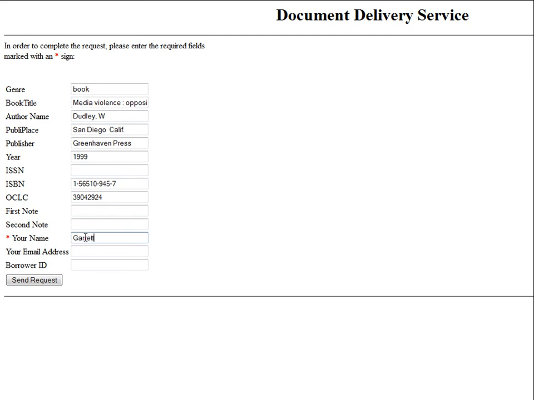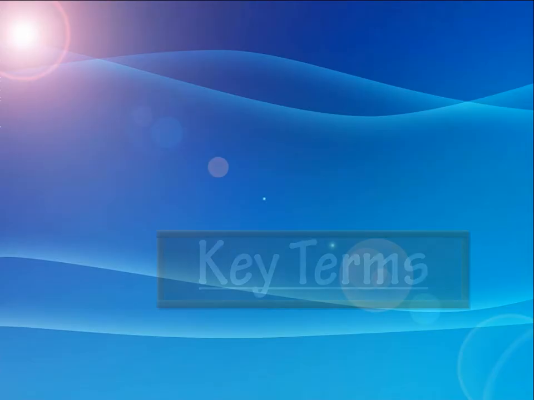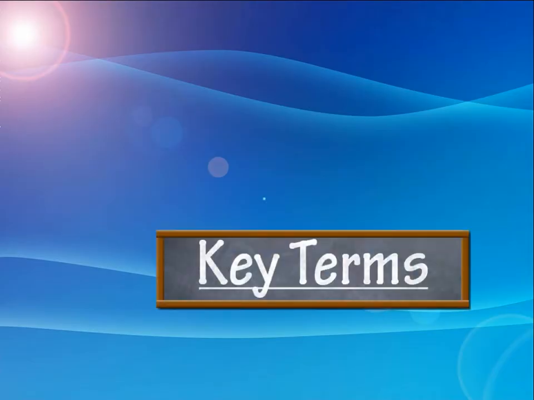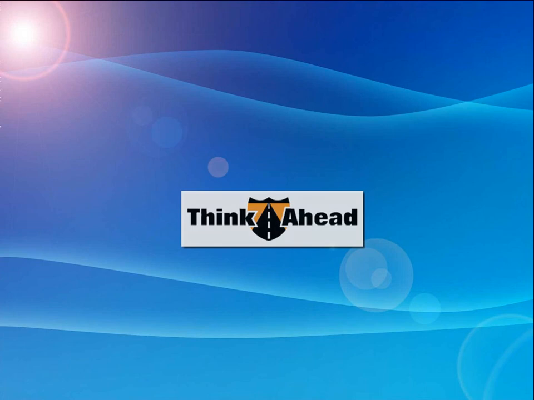A few points of summary. Think key terms, not phrases or sentences. Your search should be narrowed down to 2 or at the very most 3 key items. If you cannot simplify it to this, you need to rethink your research proposal, your research question, or your thesis. Is it too narrow or too specific? Secondly, think of where books fall in the research triangle. Books tend to be pretty broad, and there are some exceptions. Therefore, when doing a search for books, you need to think broad, not specific or particular.